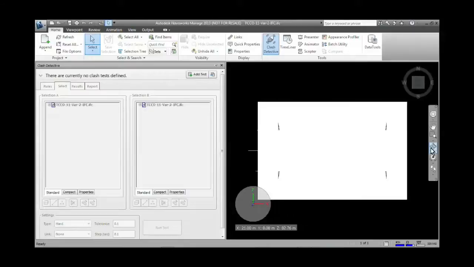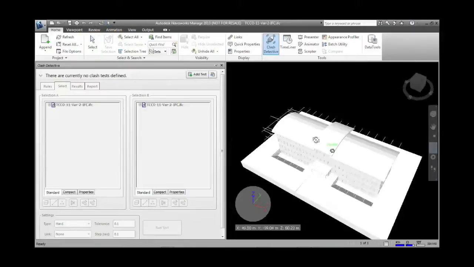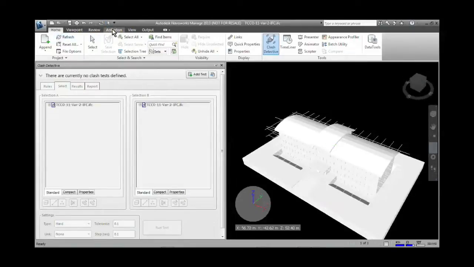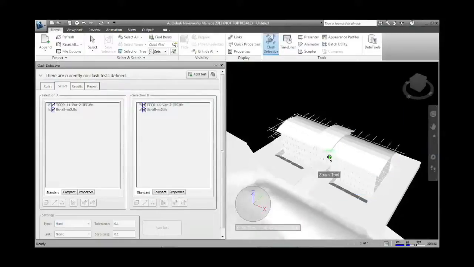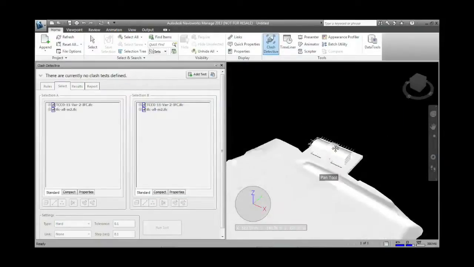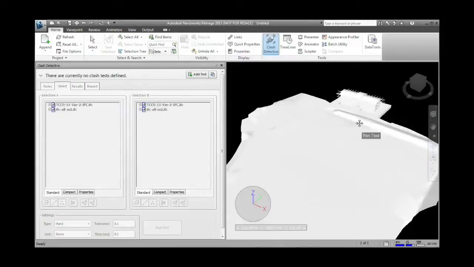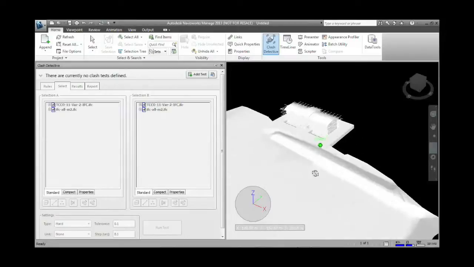And so there's the building, and let's go ahead and just rotate it so you can see it. That's the same building we saw a moment ago. And let's go ahead and merge in the CARLSON surface, and there it is. So now the BIM model can see everything that we just saw in CARLSON, with maybe one difference being that